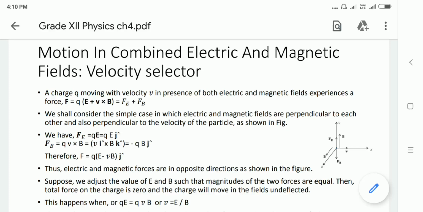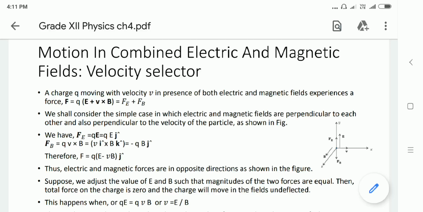The charge is moving along the x-axis with the velocity v, and both the forces act in opposite directions, one towards the y-axis, another towards the minus y-axis. If either force, Fe or Fb, is higher, then the charge moves towards the higher force. But if both the forces are equal and opposite, then the equivalent effect of the electric field force and magnetic field force would be 0 over the charge. So the charge can move along the x-axis with the velocity v.